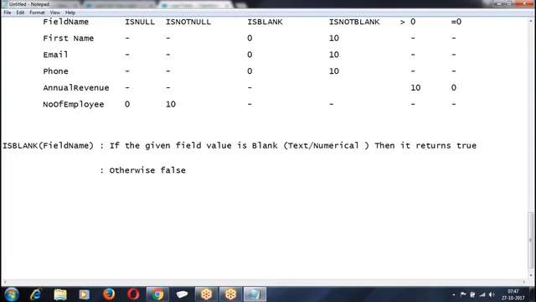Then we have IsNull. When you say IsNull, this can be applied only on numerical fields.